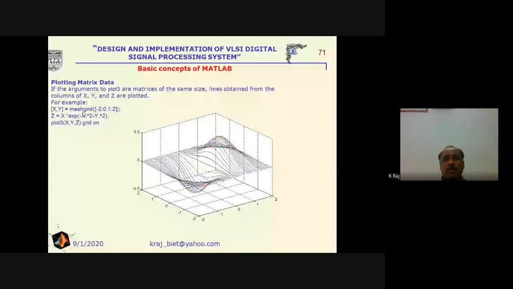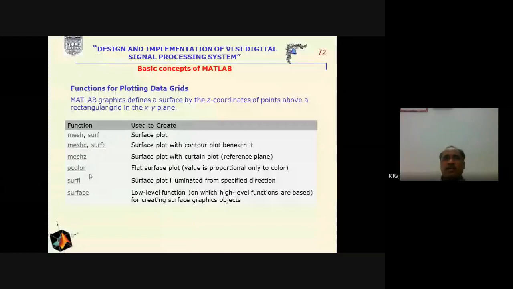Now we are coming to the commands which will be used for different projections. For the surface plot, we will use the surf command, and for the surface contour and mesh contour plot, we use meshc. meshz is the curtain plot. If we see a curtain, it has a vertical line, that is the vertical dimension, and z represents the vertical direction here. That's why we will use meshz for the curtain plot.